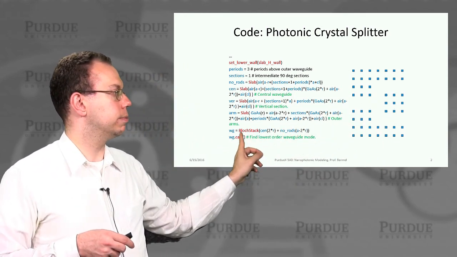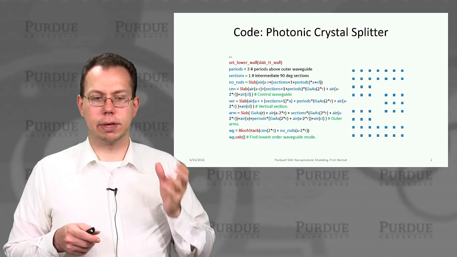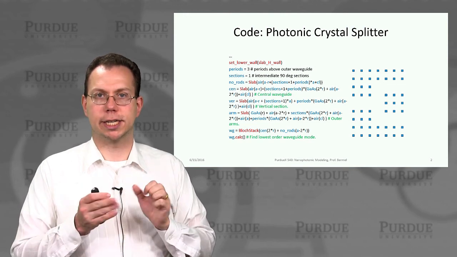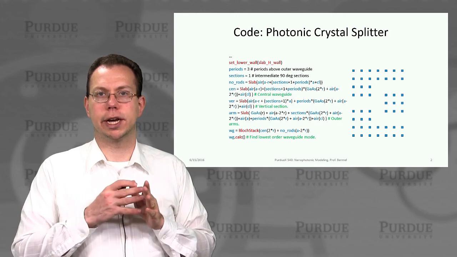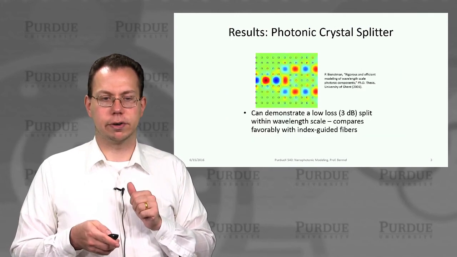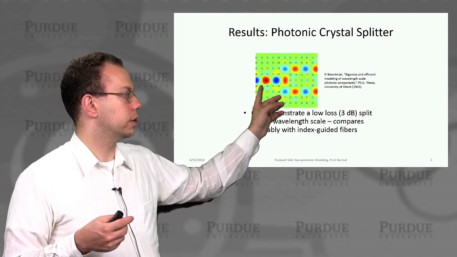And then we would basically put those all together into a waveguide system, and then we would calculate the lowest order waveguide mode for this whole composite structure. And so that should tell us to a good approximation how light should propagate as it enters for a given frequency. And so this is actually the solution that we get from that calculation.